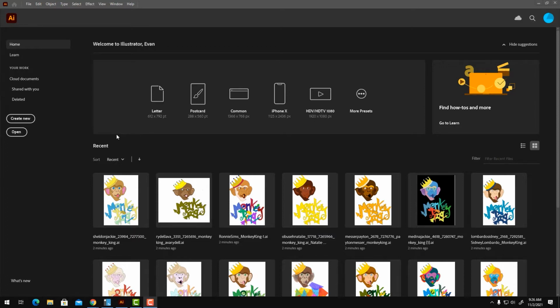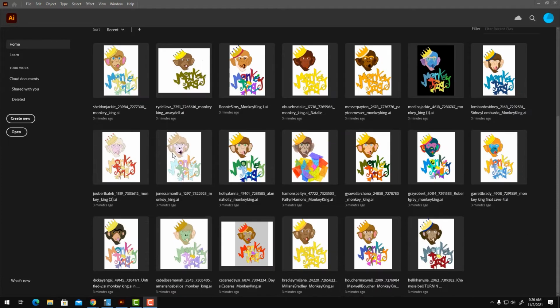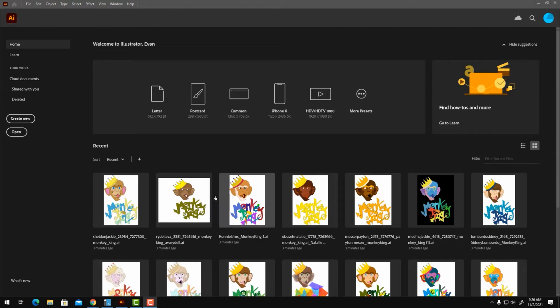The first thing to look at is this front page here. When you open up Illustrator, you'll notice that this page will be shown. And this is typically the home page, as you can tell, since the home page is highlighted here. And then there's a bunch of recent files here. Just remember that there may not be anything here the first time you open this, since you don't have any files that you've made. Since I have opened up numerous files through this year,